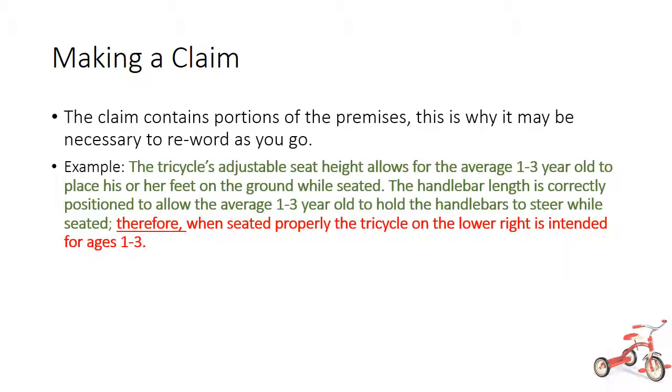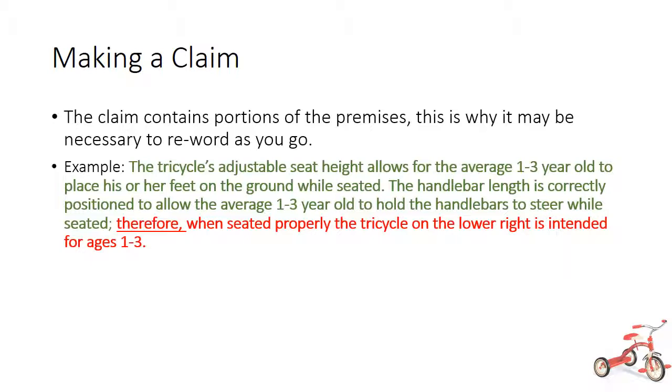The tricycle's adjustable seat height allows for the average 1 to 3-year-old to place his or her feet on the ground while seated. The handlebar length is correctly positioned to allow the 1 to 3-year-old to hold onto the handlebars and steer while seated. Therefore, when seated properly, the tricycle on the lower right is intended for ages 1 through 3. Now, in green,